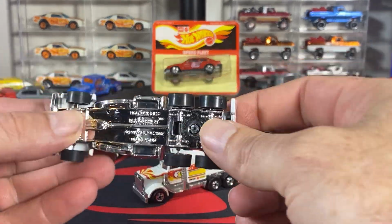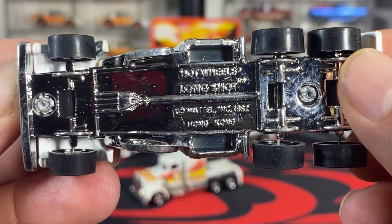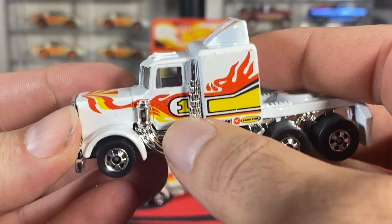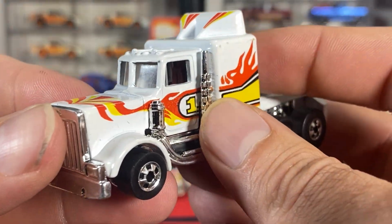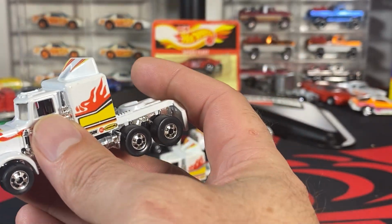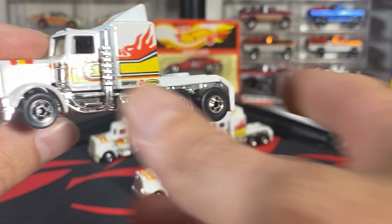So here we go. Here is the first release of it. This is the Hong Kong base. Like I said, you've got the yellow one on here. This is the normal release. And in here, see if we can get a good view of this interior here. See if I can move my light around just a little bit closer to me